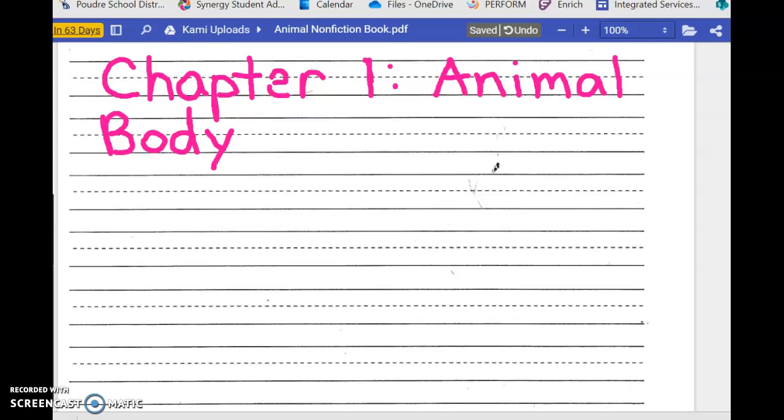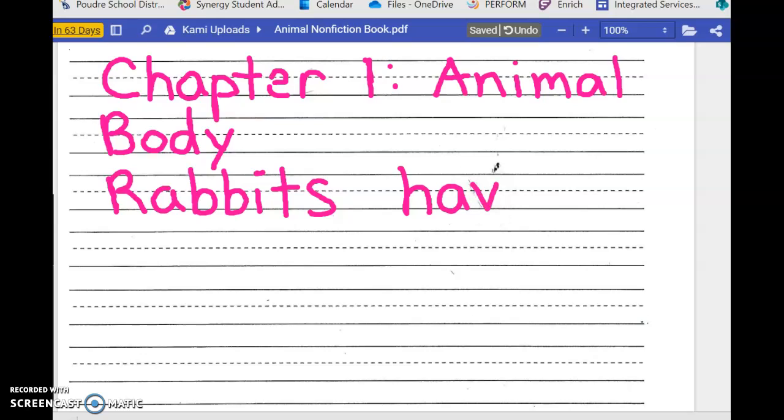Our topic sentence is going to be, rabbits have unique bodies. Capital R, magic C-A, dive down B, dive down B, dive down I, dive down T, magic C-S. Rabbits, leave a finger space, have, dive down H, magic C-A, slide, slide, hit the ball, run around the base. Rabbits have unique,